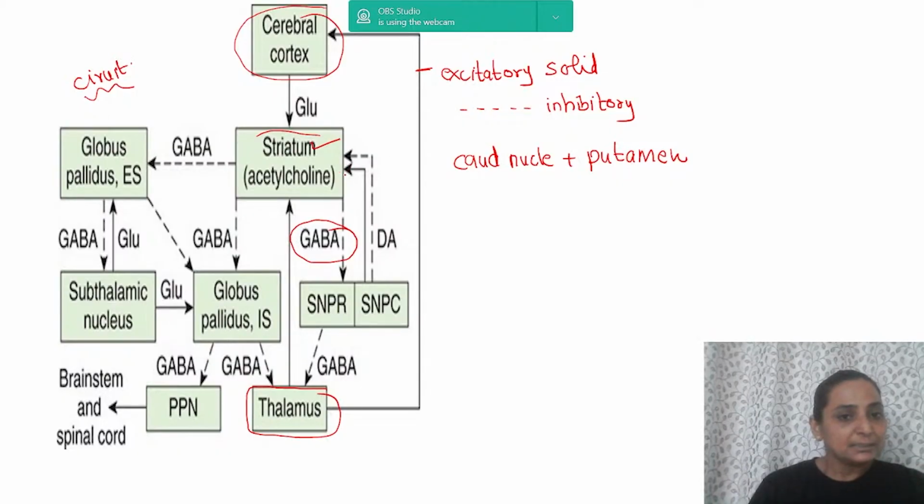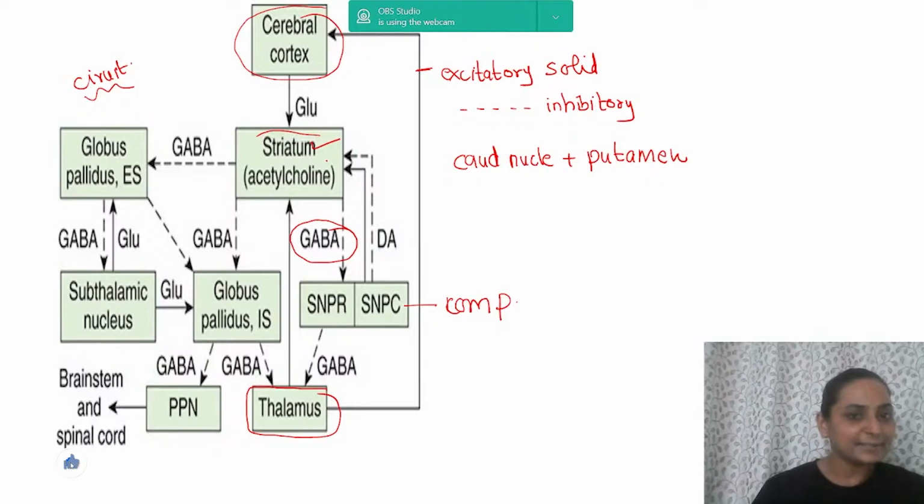Now the substantia nigra pars reticularis is inhibited by the striatum, but this other one is the pars compacta. The substantia nigra pars compacta sends